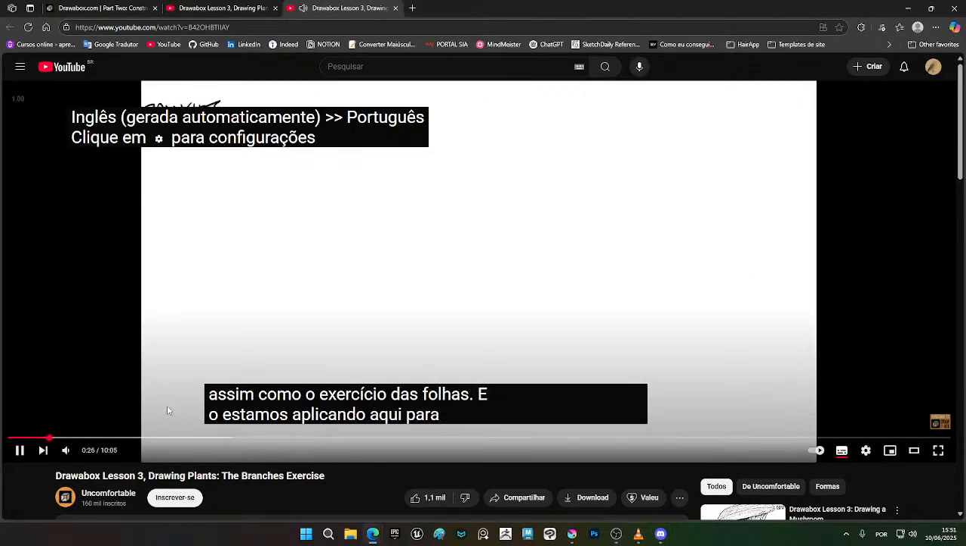So the next exercise that we're talking about is called the branches exercise. In it, we're going to be looking at a process that you can apply. It's essentially just another use of the construction method, just like the leaves exercise. And we're applying it here to learn how to go about